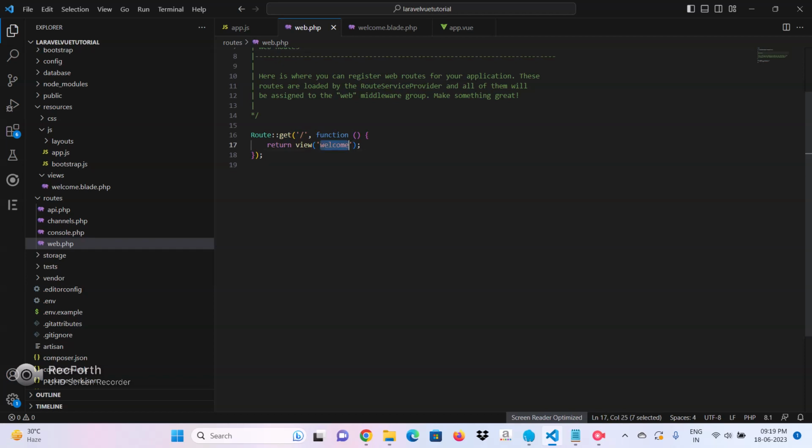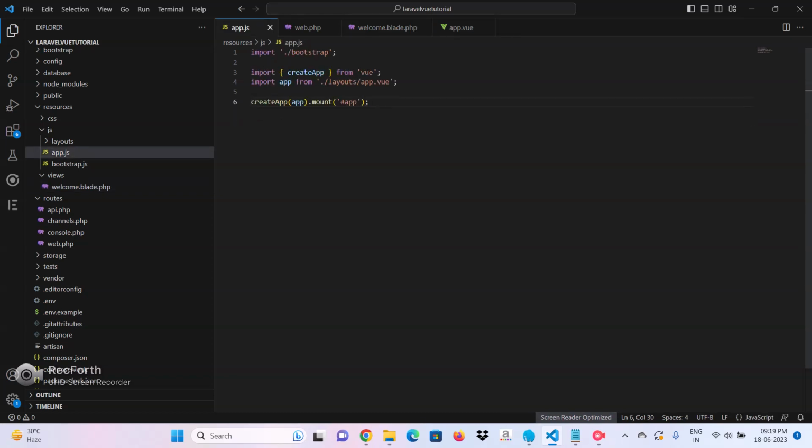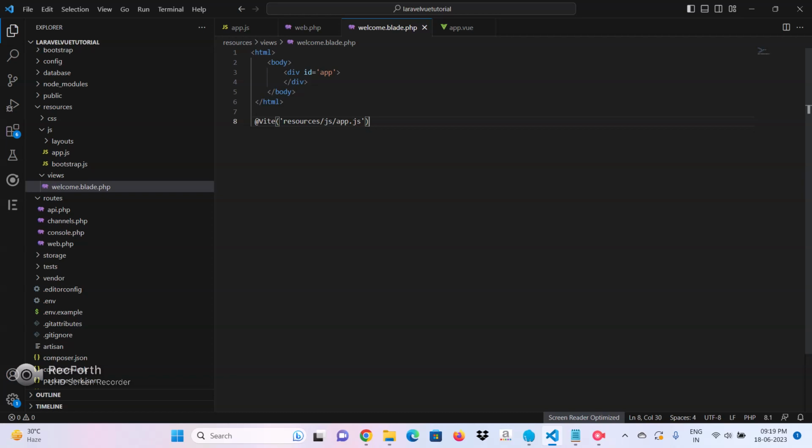Whenever you call this route, it will redirect to the welcome page, where we have defined the id and imported the app.js. In app.js we have created the app, and we have mounted the app id, which is defined inside welcome.blade.php,